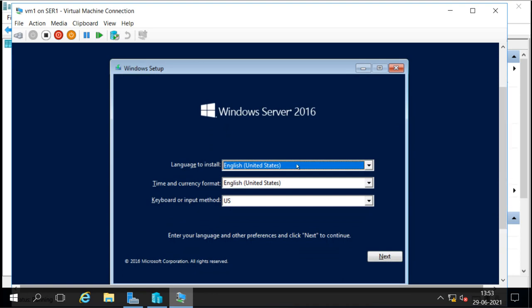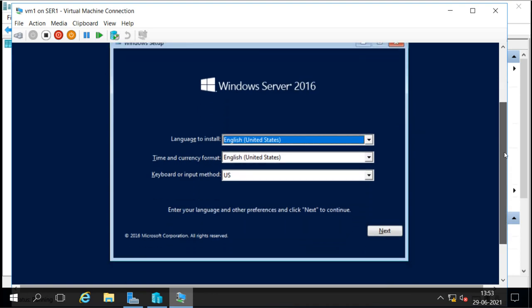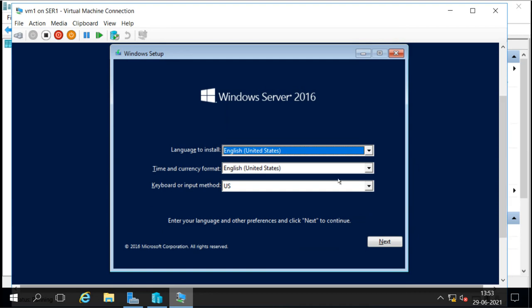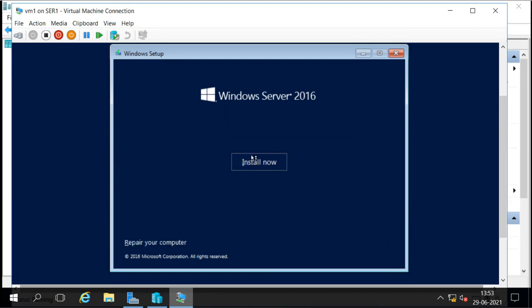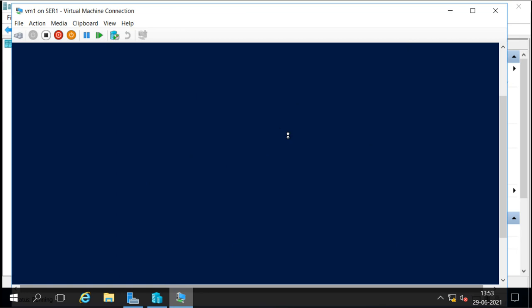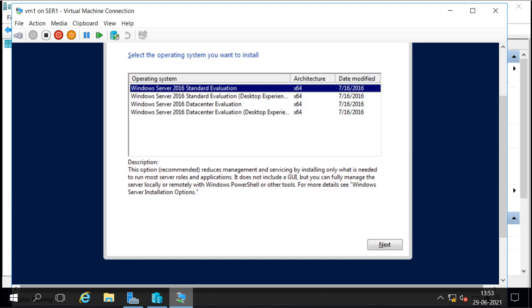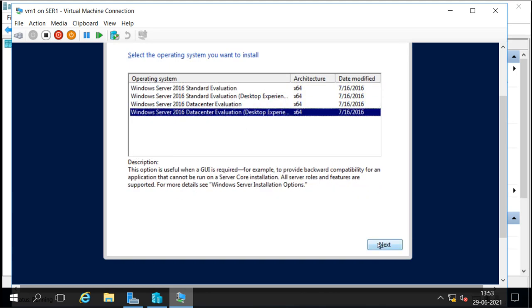Now the installation is there, so you just have to install the virtual machine, and then you can use the virtual machine. You will go with this installation process like we do install the real system. Select the edition.